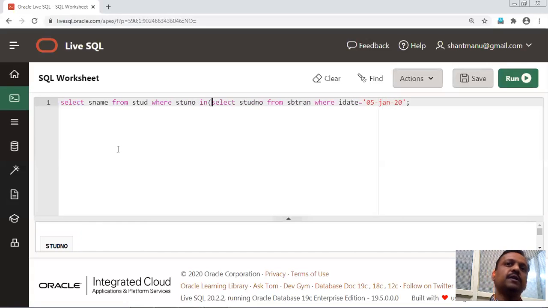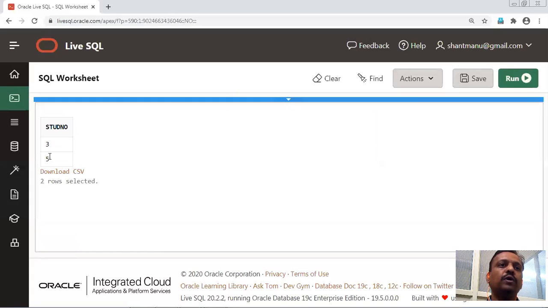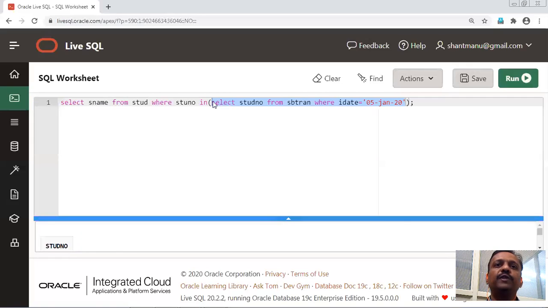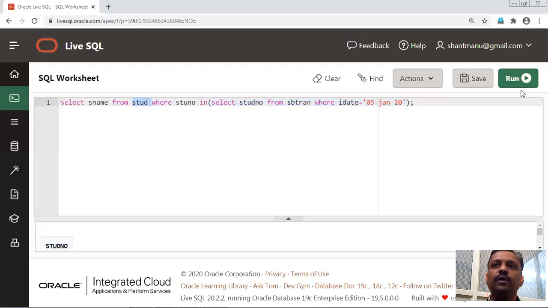In means in the particular domain. This query is already executed, and we know the output is 3 and 5. That 3 and 5 will be replaced with that particular query, and you have to find student numbers 3 and 5. You will get the names of the 3rd and 5th students from the student table. So now run.